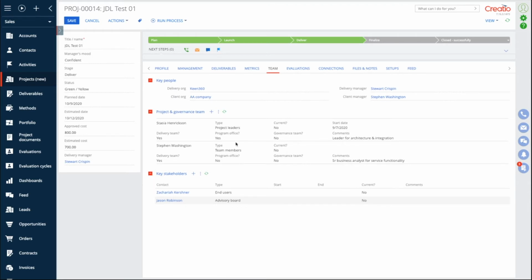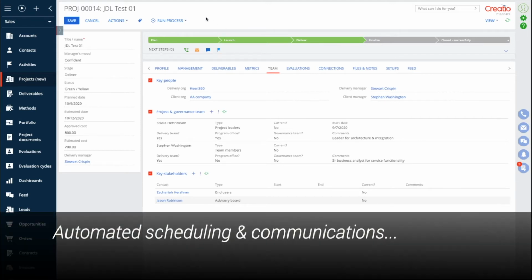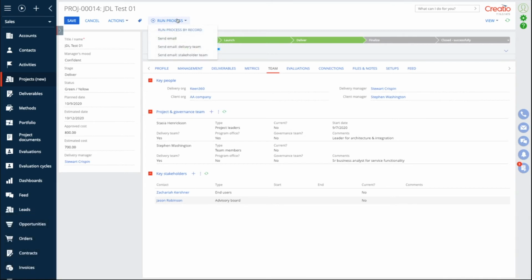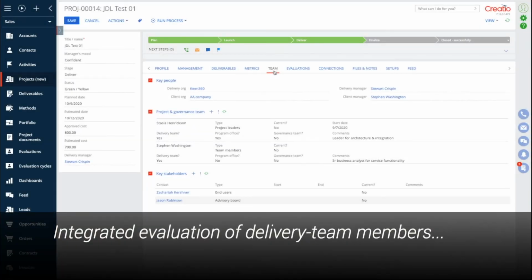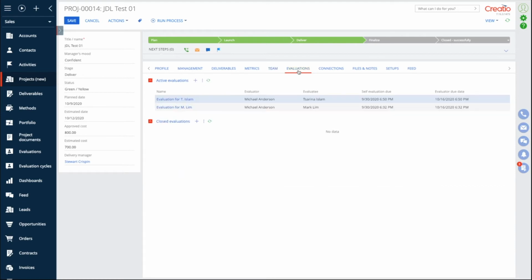By collecting and maintaining this information, we are able to, at a click of a button, schedule meetings, send emails, and execute other automations. Of course, if we have teams, we ought to be assessing how they are performing, providing feedback, so that we become an organization of continuous learning and continuous improvement.